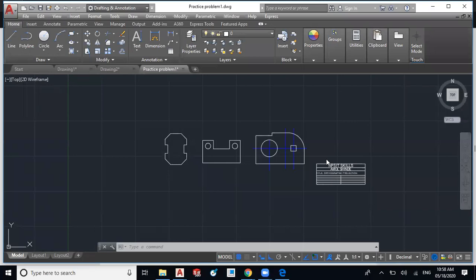I will show you the examples at the end, about the construction drawings and all, how they have created them and how they have inserted the parameters in the tables. Even the units you have to mention in that table, because whatever units you are using, millimeter, meter, or inches, you have to mention in the table. Clear?